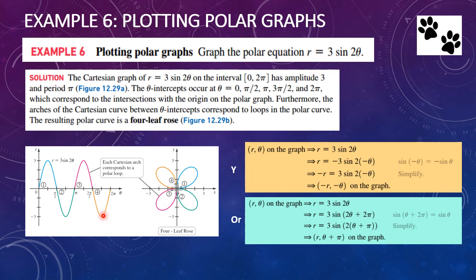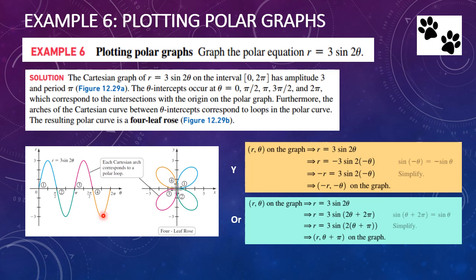We see that if (r, theta) is on the graph, then (negative r, theta) is also on the graph, which implies this symmetry around the y-axis. Similarly, to prove symmetry around the origin, notice that (r, theta) on the graph implies r equals 3 sine 2 theta. Well, this is r equals 3 sine 2 theta plus 2 pi,